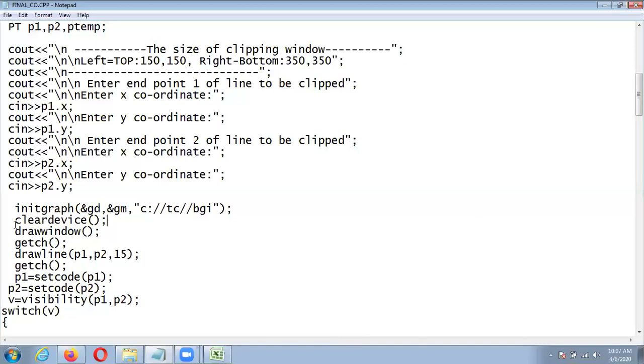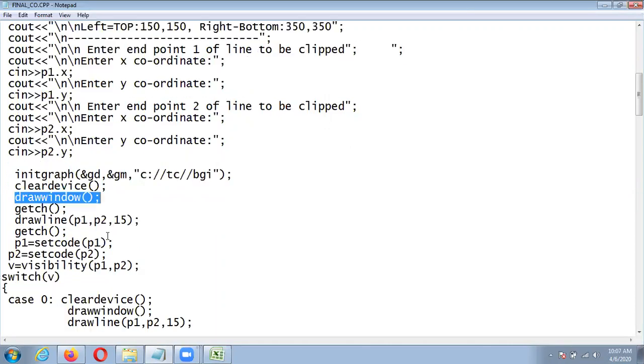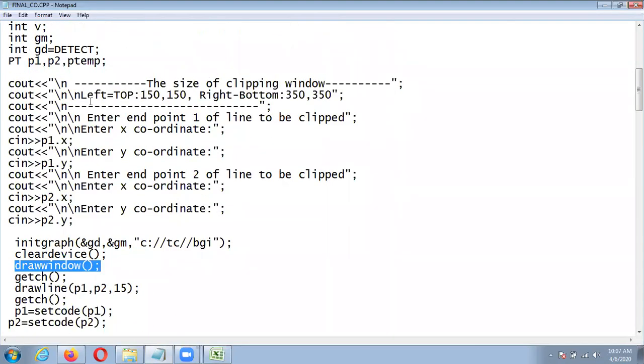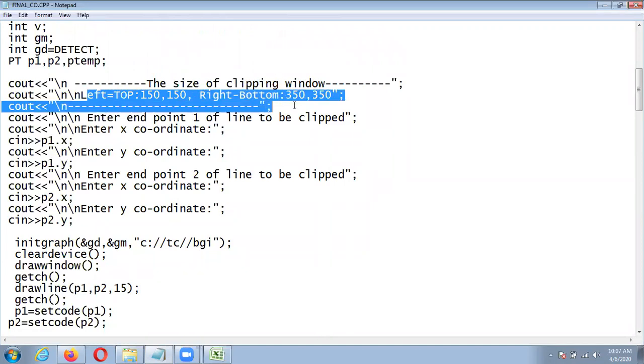Now here it will call the draw window function. Draw window here is already defined: the left top can be considered as 150 150 and the right bottom can be considered as 350 350.